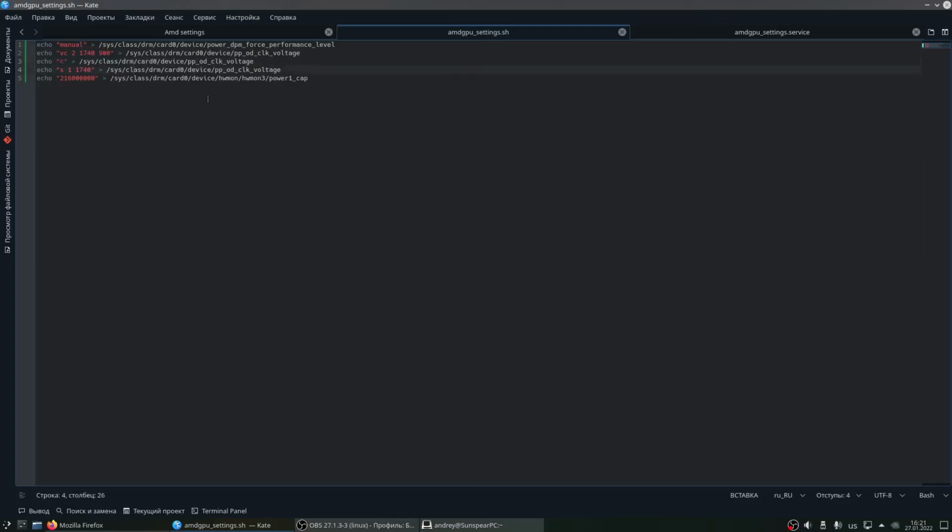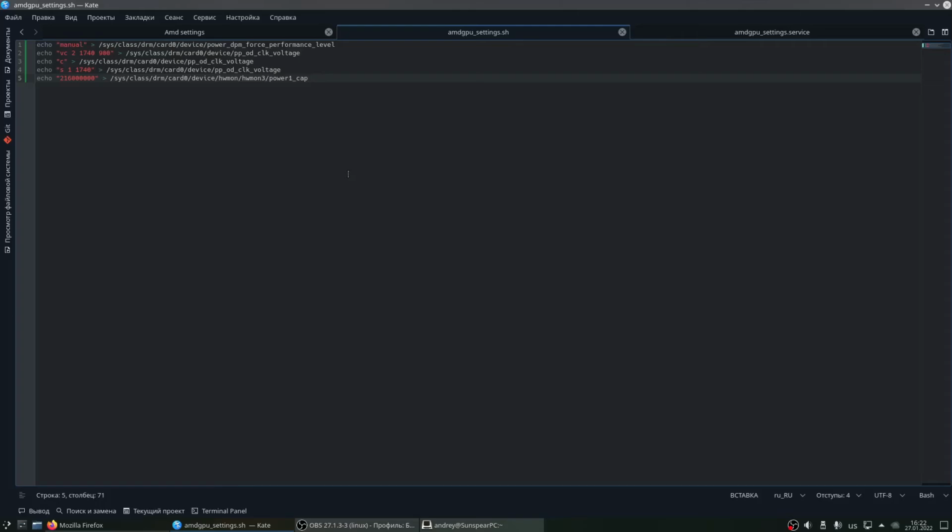Confirm all changes and change the maximum value of frequency. In my case this is 1740, and also change the power cap. But if you do it like this, you should check whether your system saves these settings on restart, because in my case these settings weren't stored after restart of the system.